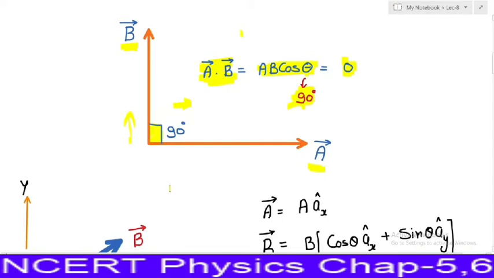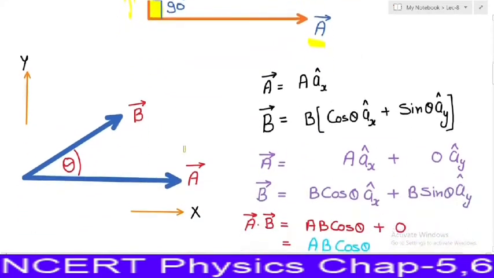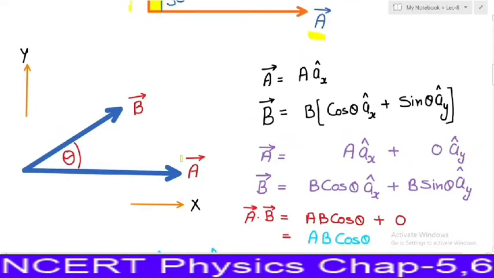But here one question can arise. This is the way of finding dot product of two vectors when those two vectors are given in magnitude and angle form. Because here to find dot product we just need to know magnitude of those two vectors and angle between them. But this is not always the case. We may be given vectors in form of ax cap and ay cap. So how to find dot product of two vectors when vectors are given in ax cap and ay cap?